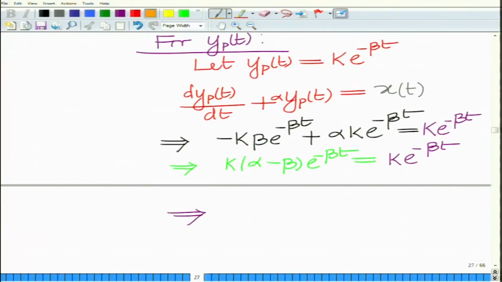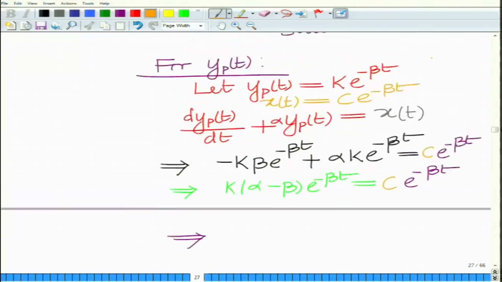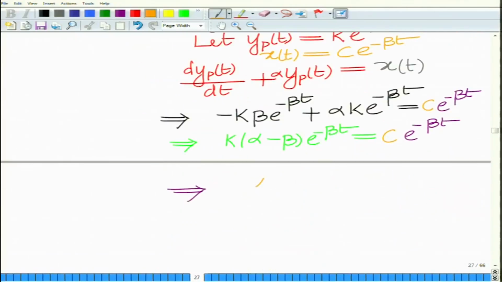So, we are given x(t) equals c e raised to minus beta t, the input signal, correct, and therefore, we have k times (alpha minus beta) equals c,